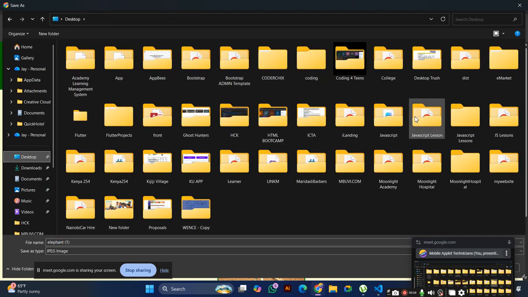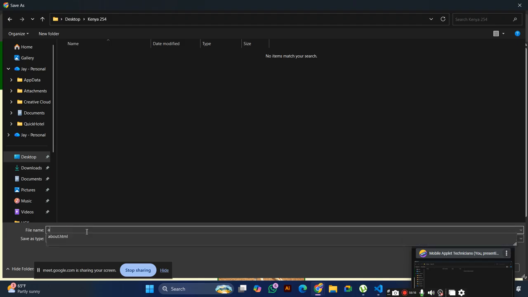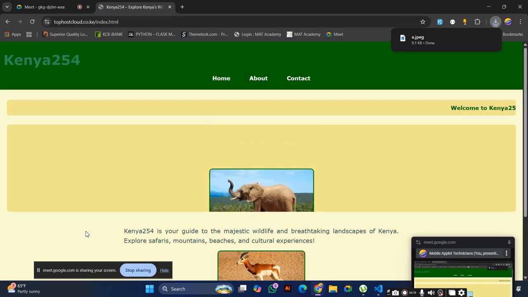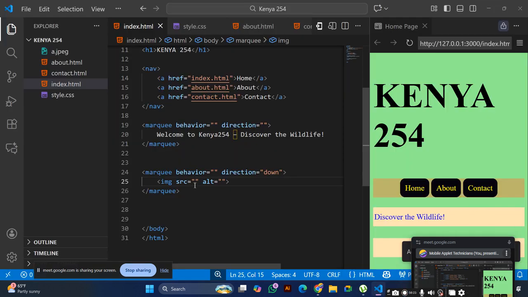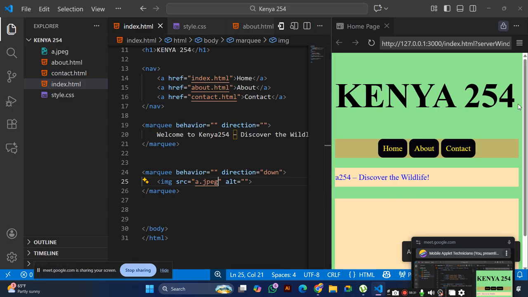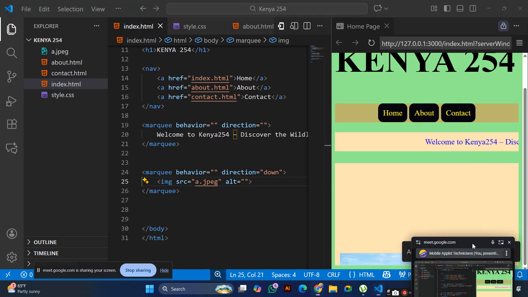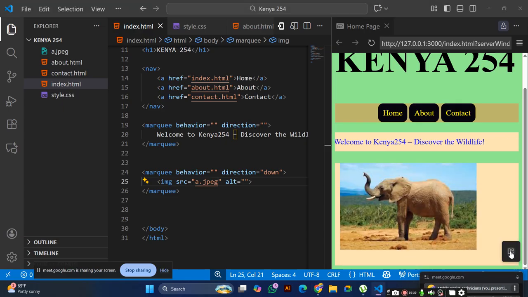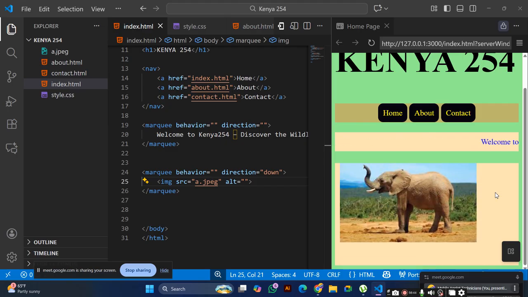My project is called Kenya 254 and here it is. So I'll save my image there. Okay.